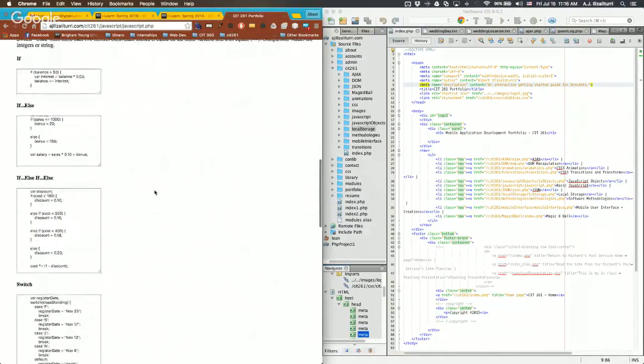So here's the if. It's saying if balance is less than 50, and that just depends on the user input. So for example, we'll say 25. And if 25 is less than 50... if balance is greater than 50, so then let's do 51. So 51 is greater than 50, yes. Then it'll